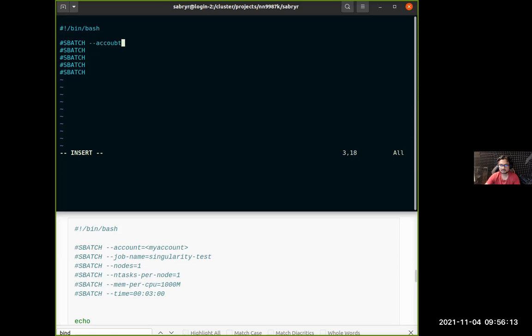My account, okay, and the reservation, which is only valid for today, so I'll use that as well. Tasks 1, because I'm just going to do a test, mem equals 1 GB, and maybe a job name, Singularity